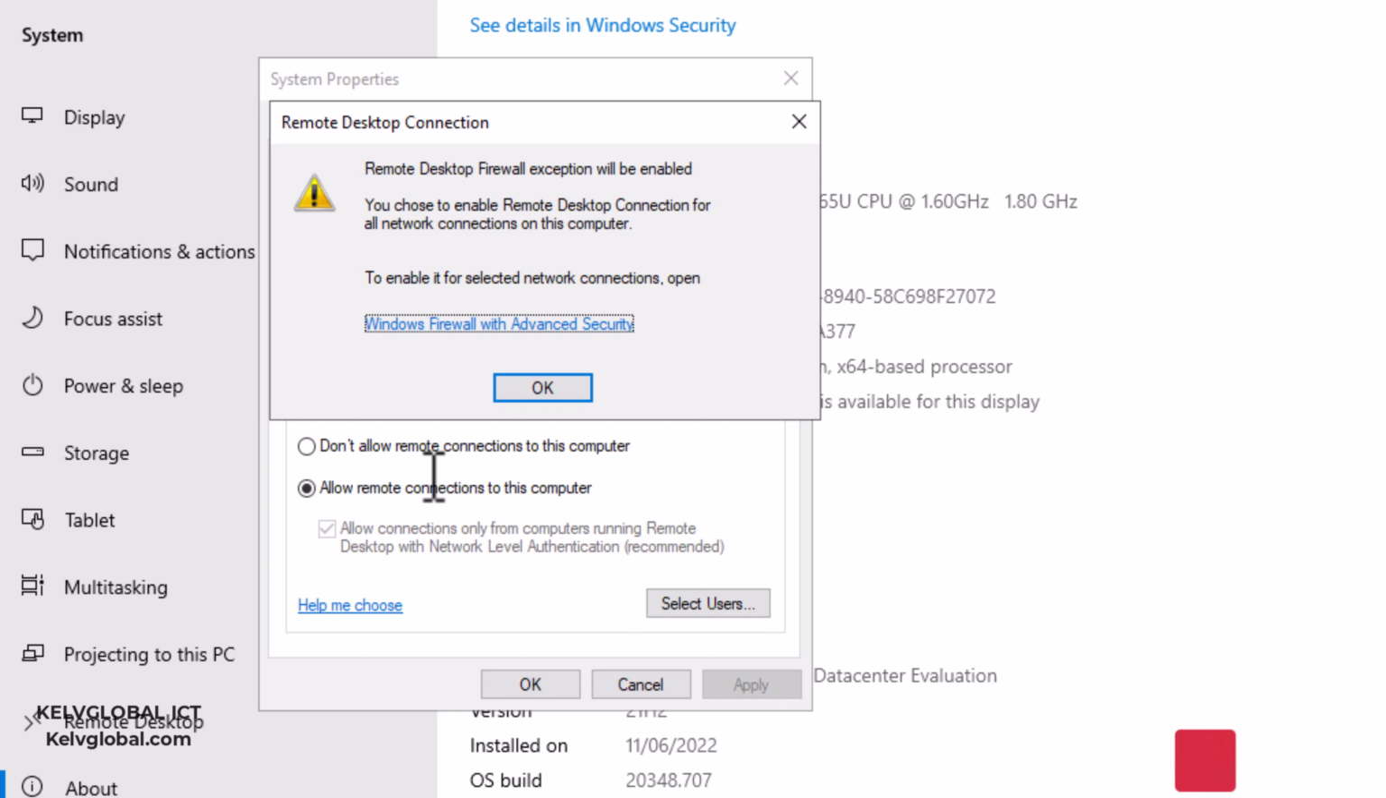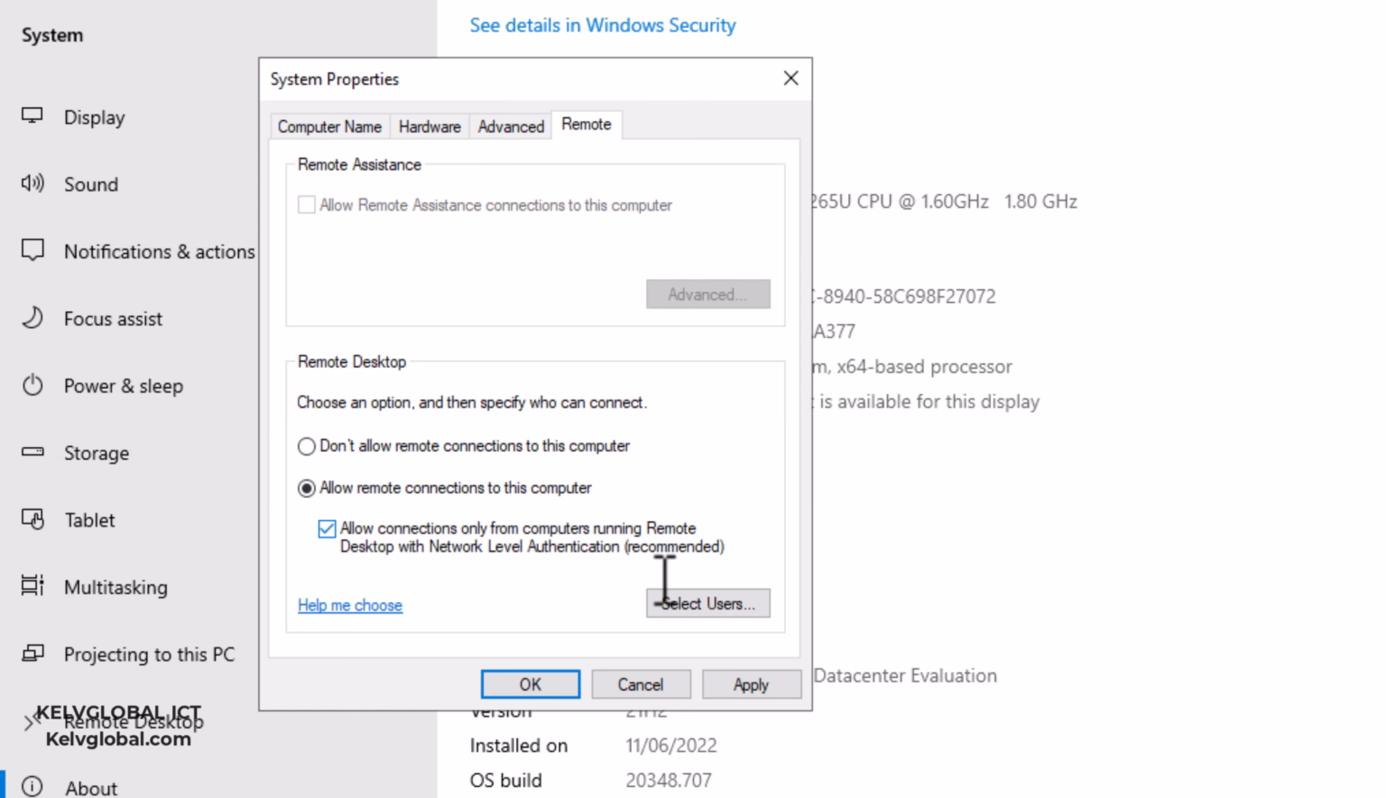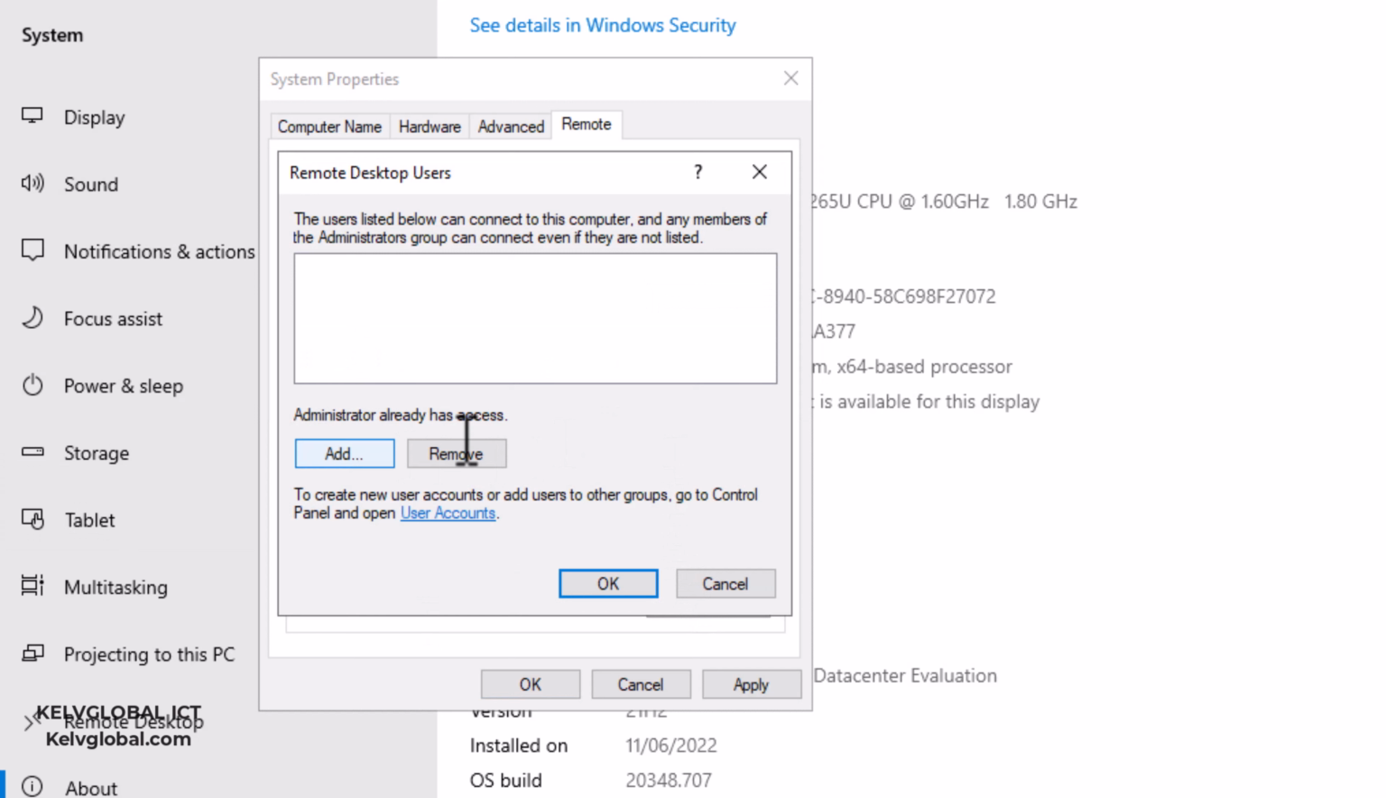When you're checking this, you don't see this in a Windows 10 or Windows 11 device, but because this is a Windows server device, you definitely choose to enable remote desktop connection for all network connections on this computer. So let me just click OK, and here we can select the specific users we want to grant access